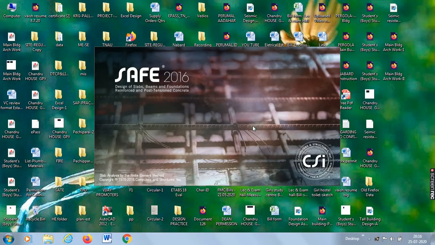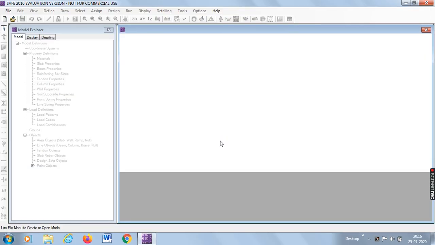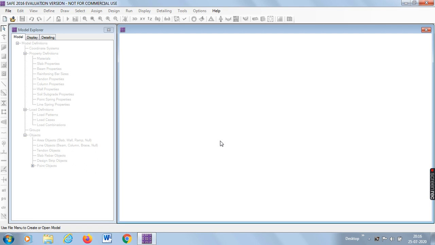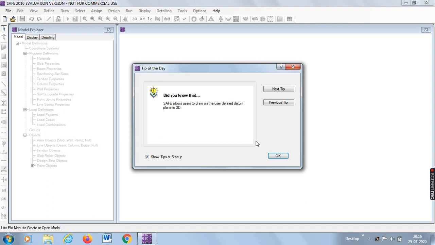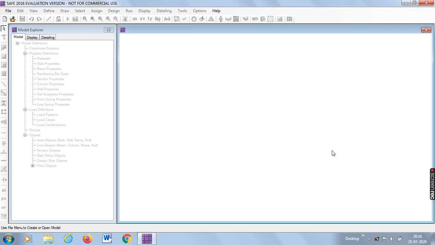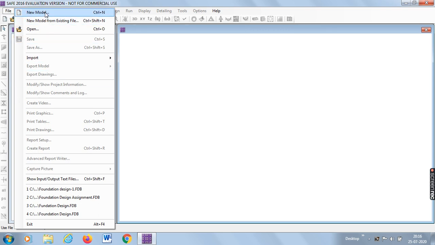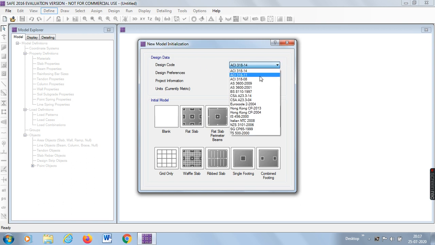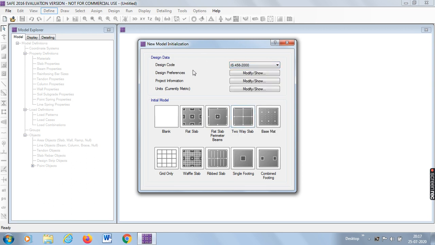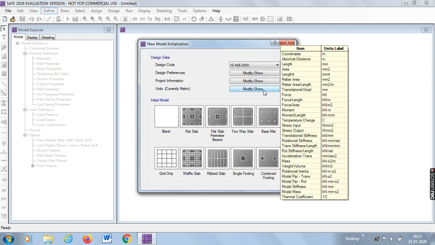This is a video on foundation design for a tall building in SAFE software. Open the SAFE software, go to File menu and choose New Model and input the design data, which is design code is IS 456 and 2000 and units